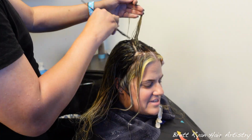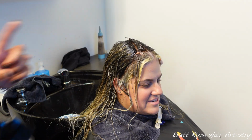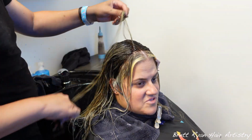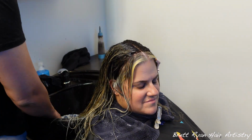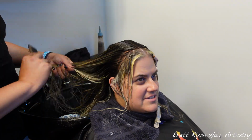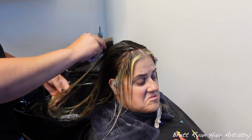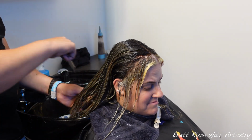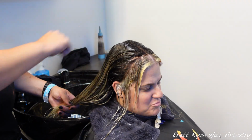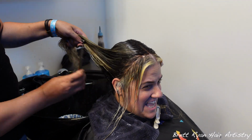do that. Shades EQ is amazing for rooting as well, but that's more great for taps and stuff that's more sheer or translucent. I always leave the money pieces out until the last few minutes, then I'll tap them, comb everything back, and I will be leaving her root shadow on. Just like I did in the last video with Nicole, we're going to make it like a shadow smudge hybrid without doing a paint between and bringing it down too far. And we want longevity because she likes to go 4 to 6 months, and we like it to grow out